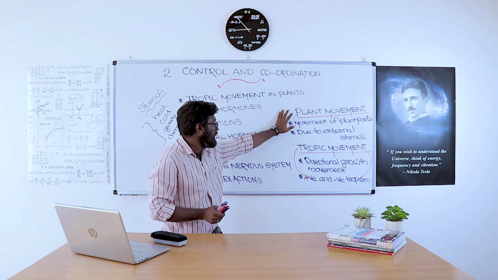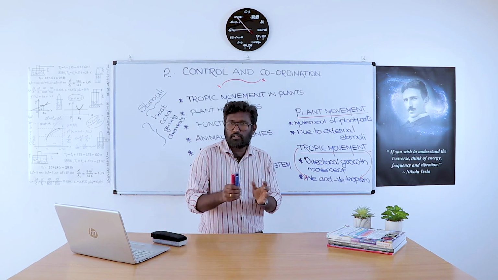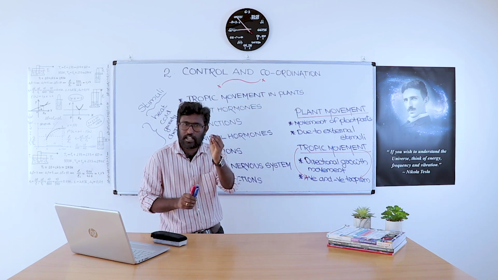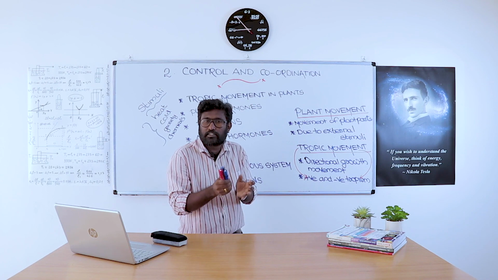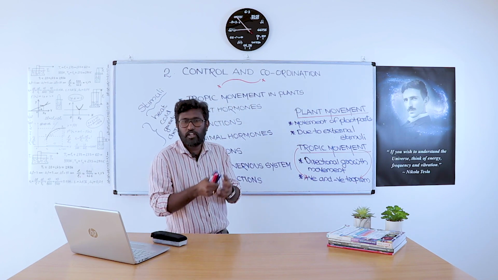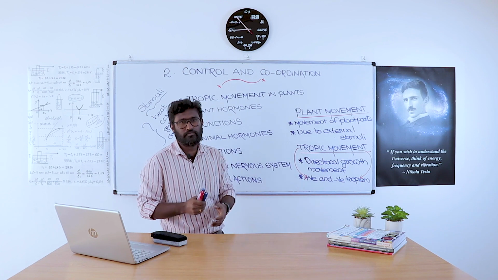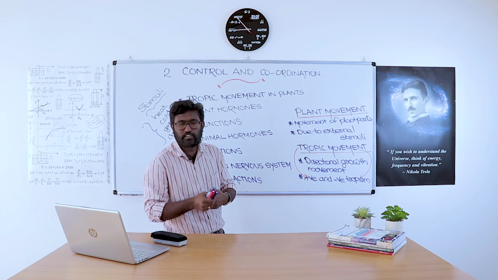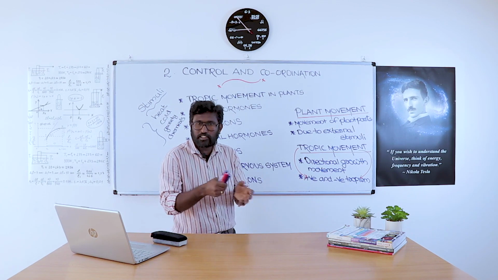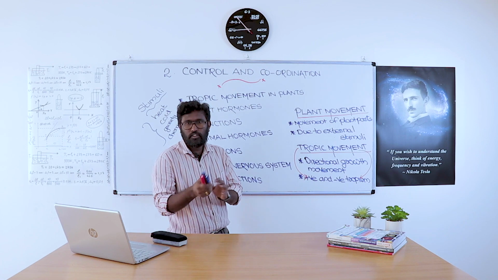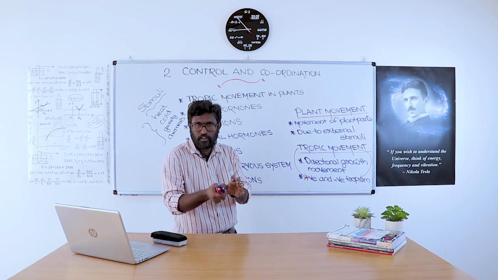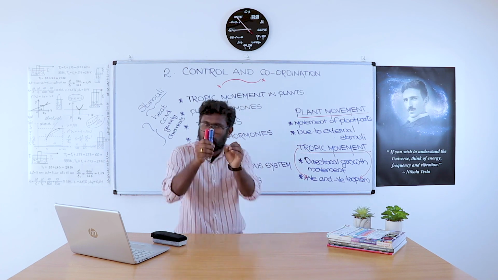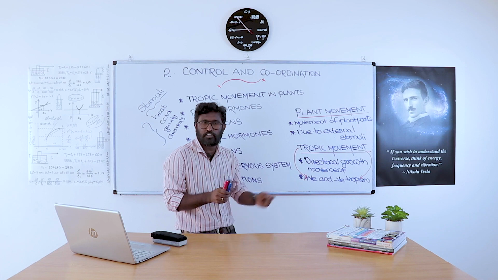So here we discussed plant movement and tropic movement. Plant movement is the movement of individual plants or plant parts like shoot or root with respect to an external stimuli like temperature, gravity, or some chemicals. All are stimulus. And tropic movement is the directional growth of plant parts or plants with respect to an external stimuli. If the changes occurring in plants are directed towards the stimuli, then that tropism is a positive tropism.